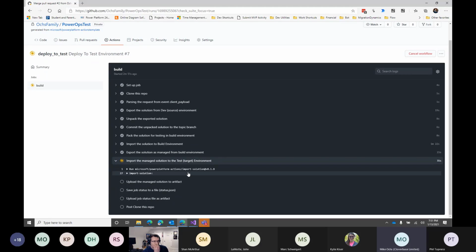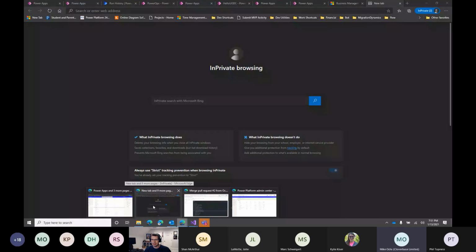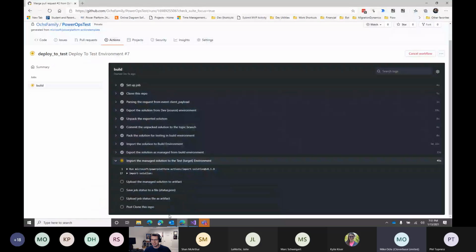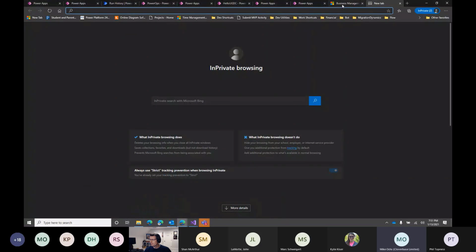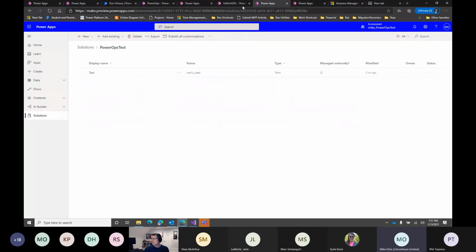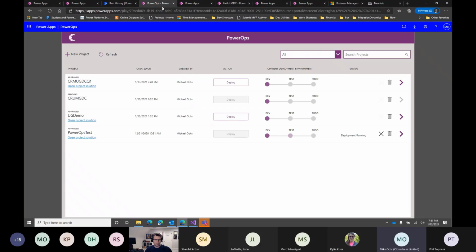I think that's all I wanted to really show without stalling too much, waiting for these to finish. But the app itself will update its progress. Like I said, you will get notifications that say, hey, this succeeded or didn't succeed, and we'll give you a link to investigate why it did or why it didn't.